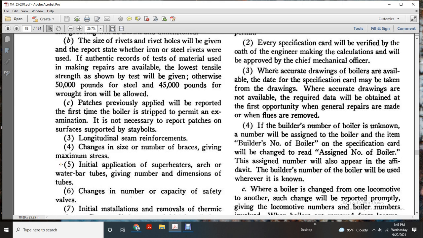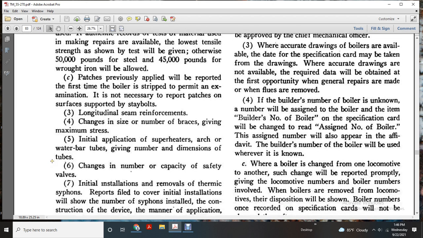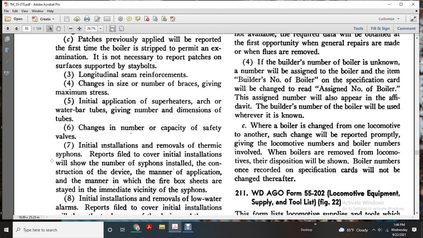Longitudinal seam reinforced chain with inside with the number of the brace with the give of the maximal shove of the initial application superheat with the arc of the water tube with the water bar tubes that give it the number of the dimension of the tube, the chain with the number of the capacity safety valve, the insulation, removable thermetic siphons, the report filled with the cover all the initial insulation will show the number of the siphons installed